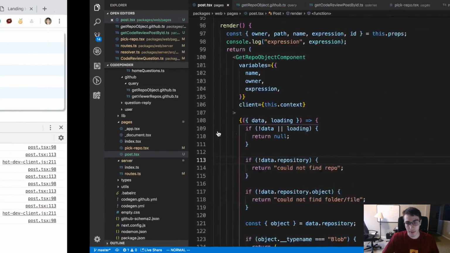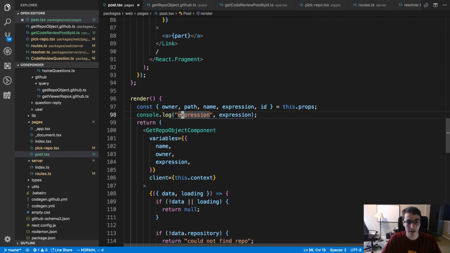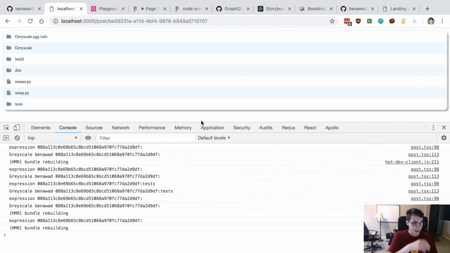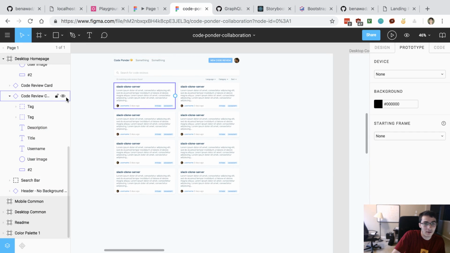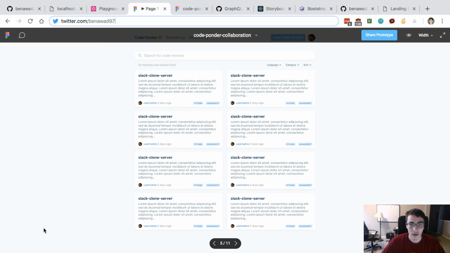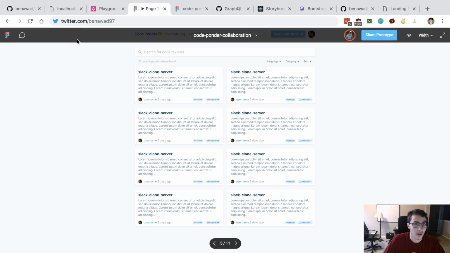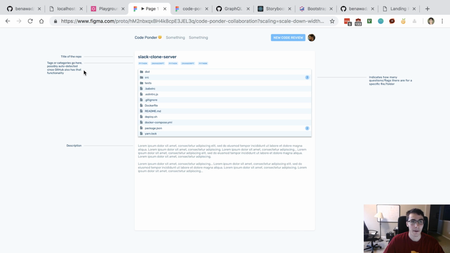And so now that we're grabbing this data, and by this data, what I mean is we now have access to basically the code review post, so we can display all that data up here. So I think what I want to start doing now is putting together this next page, which I'm not sure why it says Twitter there. There we go. So let's put together this card thing because we have all this data now.